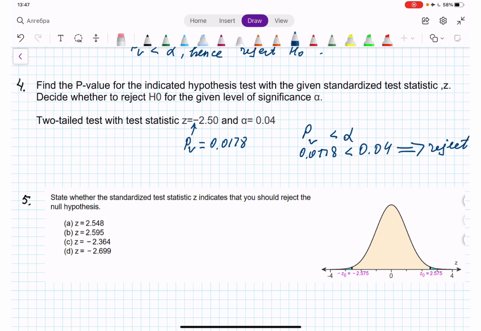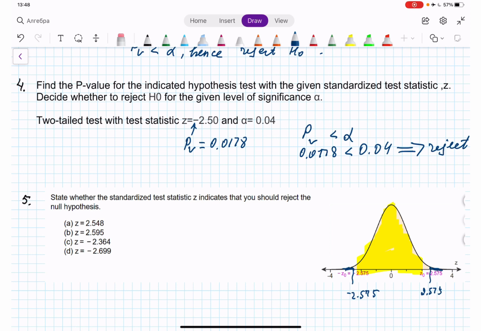So here we have negative 2.575, and this one is positive 2.575. If our z-score falls in this yellow area, then we fail to reject because it's a healthy area. But if it falls into this blue area, I'm trying to make it more expressive, then we reject. So we get